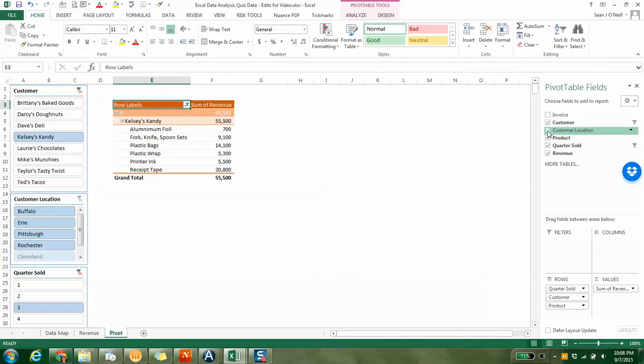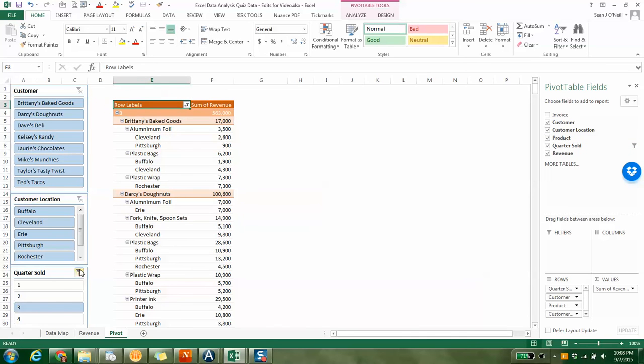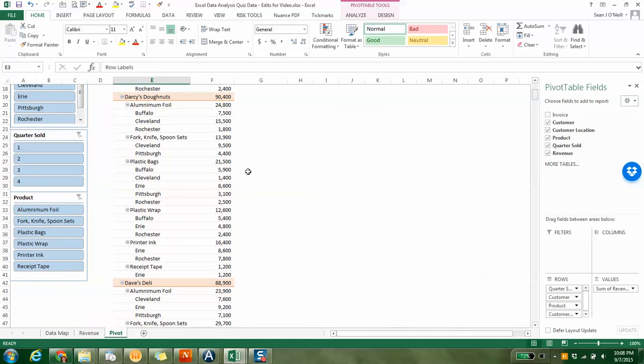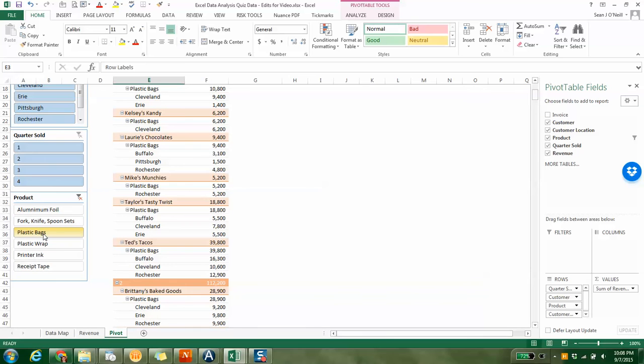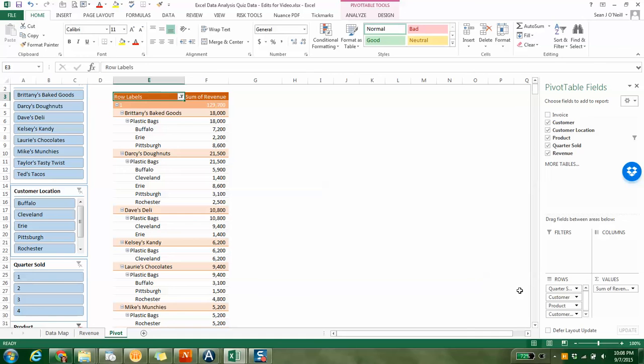But if we keep these in, you can clear your filter. So we do that. So maybe we say, I just want to look at all of our plastic bag sales. So you hit plastic bags, and you'll see that it's by company, and say, maybe we'll put product first at the top,